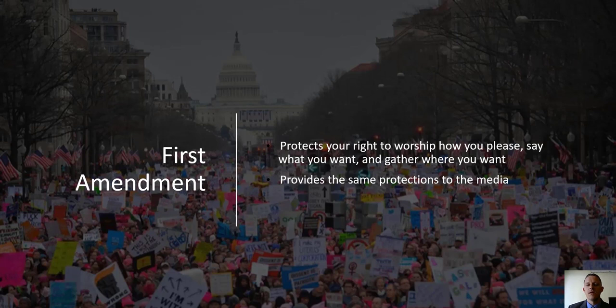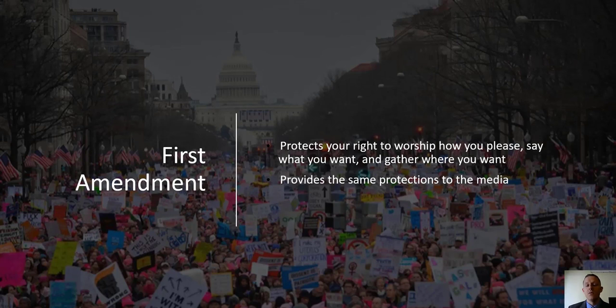Most argue that this protection of free speech is the most important freedom because it holds the government accountable. Unless we know what our elected officials are up to, we can't make good decisions at the ballot box. And unless those officials know that they're being held accountable, it's likely that they'll try to get away with as much as they can. However, as a society, we all have different ideas as to what is free speech,